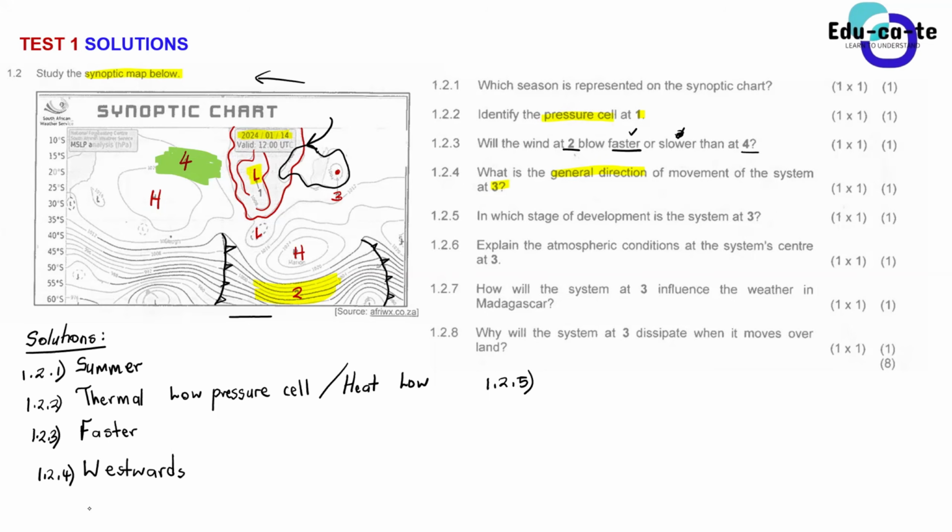In which stage of development? Now the question comes, in which stage of development is the system at 3? Okay, it's still asking about the tropical cyclone as well. What is the stage of development? To those who have done the tropical cyclone before we did it, this tropical cyclone here, what stage of development is it in? Yes, Mokove?